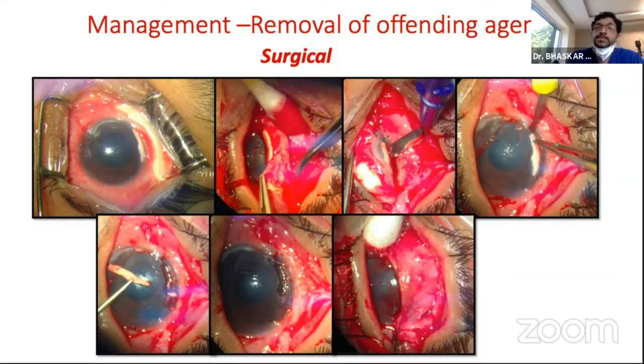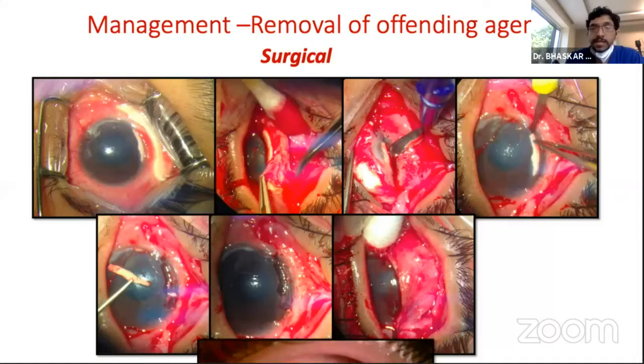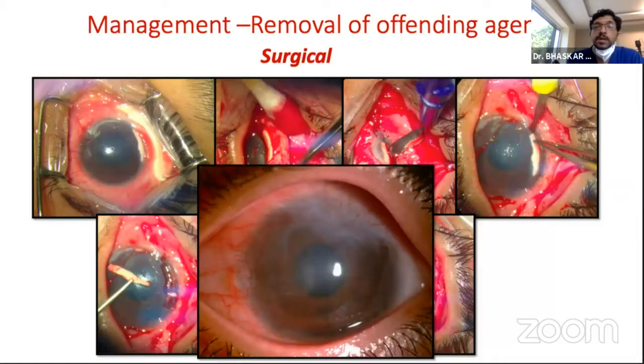In the chronic phase, sometimes you might see occasional lime plaques sitting, but the eye is quiet because it has got converted to calcium carbonate. In that situation, you don't have to go in and dig and remove the plaque. But in the acute stage with inflammation, it is still releasing the components and making the surface alkaline. You need to remove the bits. And this patient, once we removed the lime bit, settled significantly well.